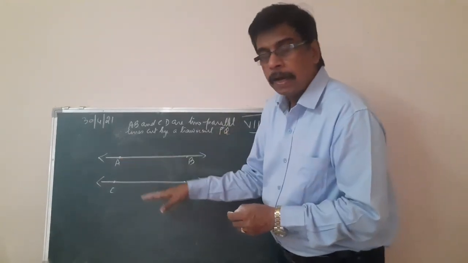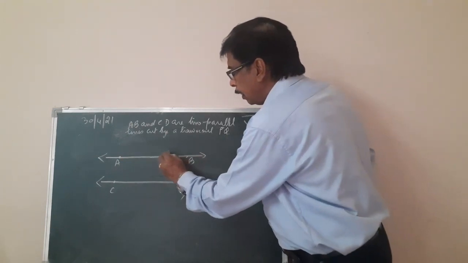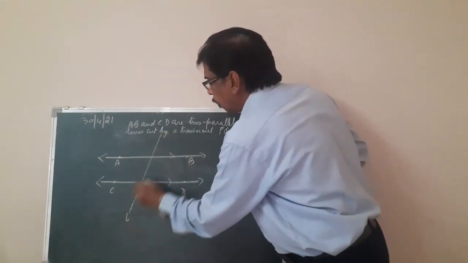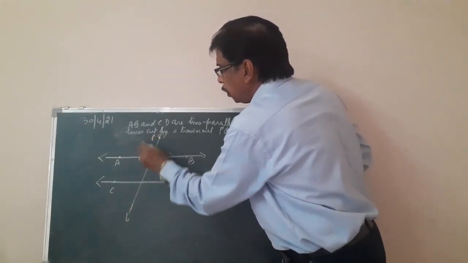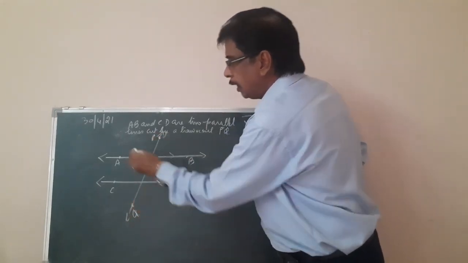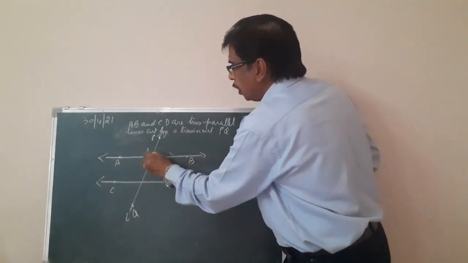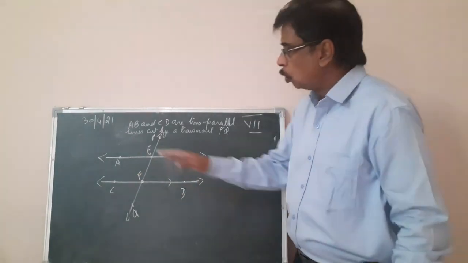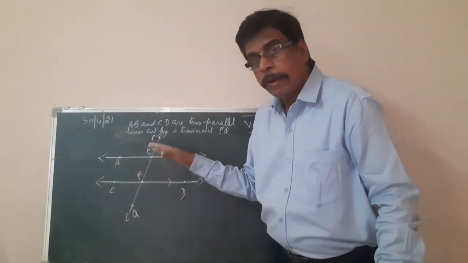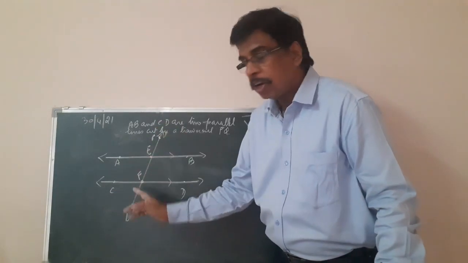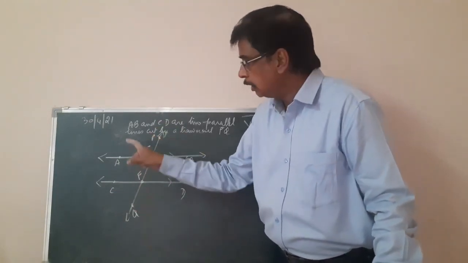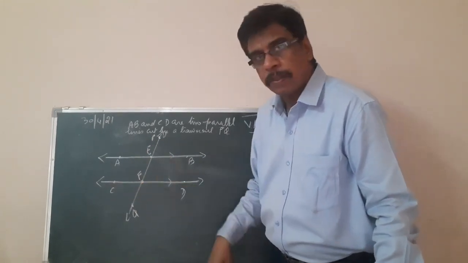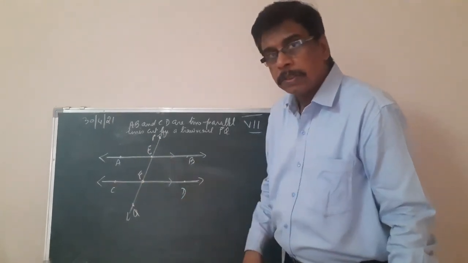AB and CD are two parallel lines. They are two parallel lines cut by a transversal PQ which intersects AB at say E and CD at F. So AB and CD are two parallel lines cut by a transversal PQ intersecting AB at E and CD at F. Now the question can come is,